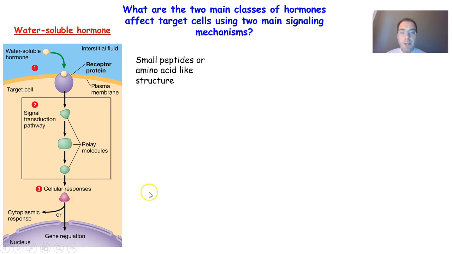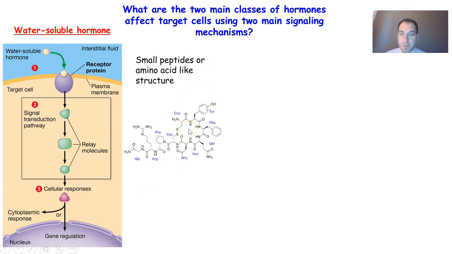causing cellular responses, ultimately gene regulation. For instance, this is ADH, your favorite hormone that starts the endocrine system. And as you can tell, these are just proline, cysteine, asparagine, glutamine. Those are all amino acids, and they're connected in one long peptide. A peptide is just a covalently linked amino acid chain. Most glands tend to produce these water-soluble hormones so that they can move in the blood.